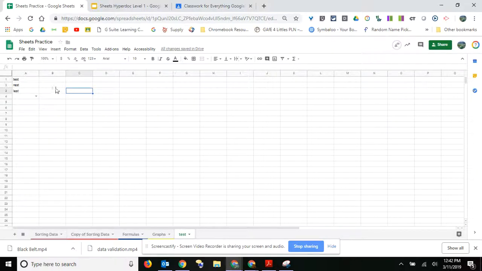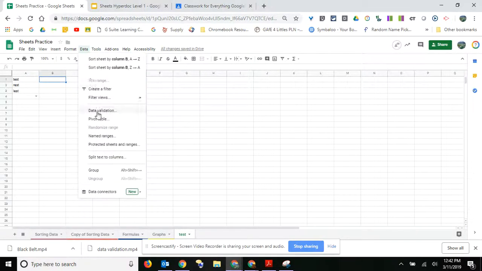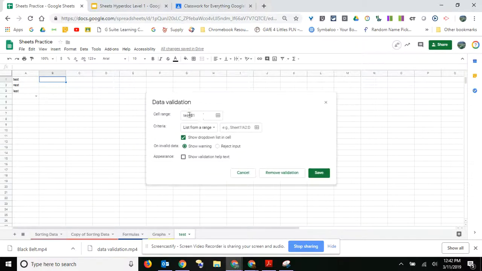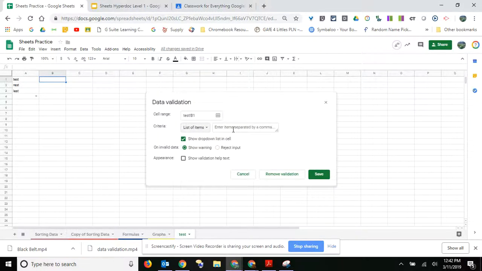So what you do is you click on the cell where you want the drop-down list, and then you go to Data, Data Validation, and here's your cell range. Right now, I just have one cell selected. You can choose more than one. And then your criteria is a list from a range, or you have these other options. Right now, I'm going to use list of items, and I'm going to say done, need help, need more time,